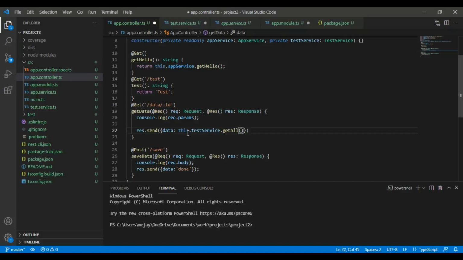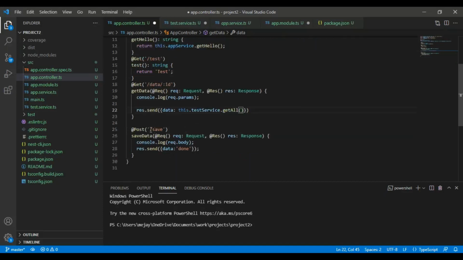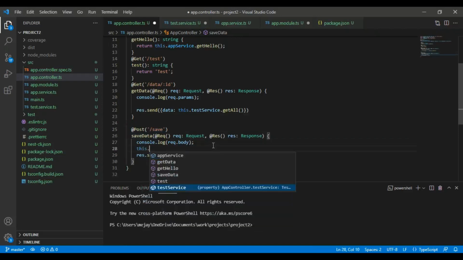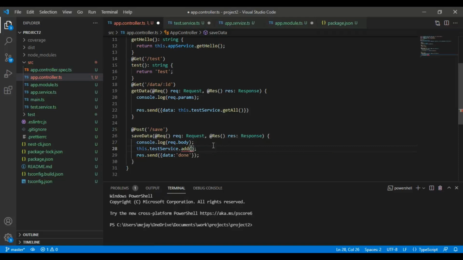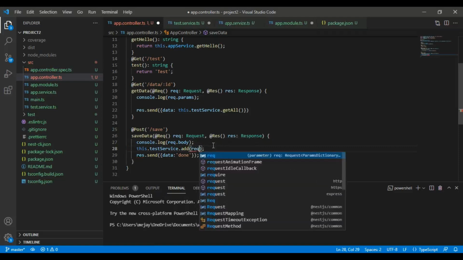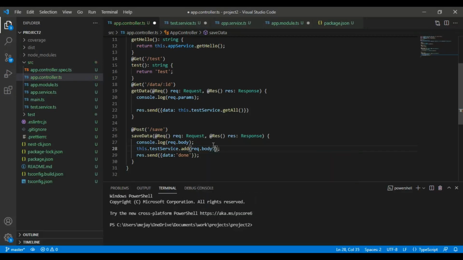Before that we need to add some values to that array, so that's why we can use this.testService.add. What we will add here will be a string value so that we know what is coming in the request body. So request.body.data, this is what is coming in the body.